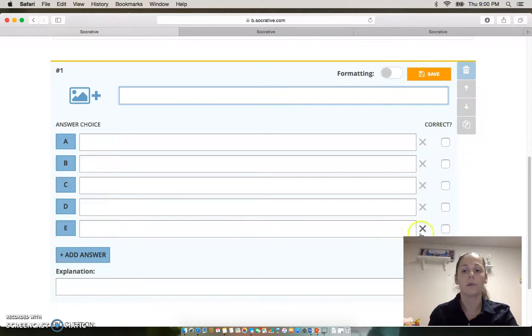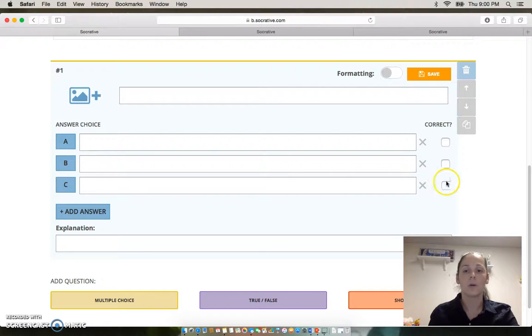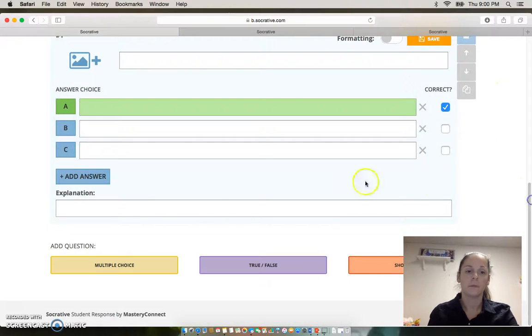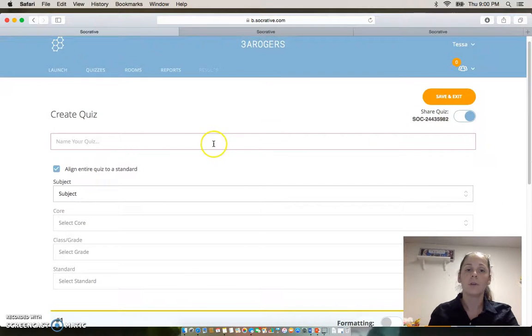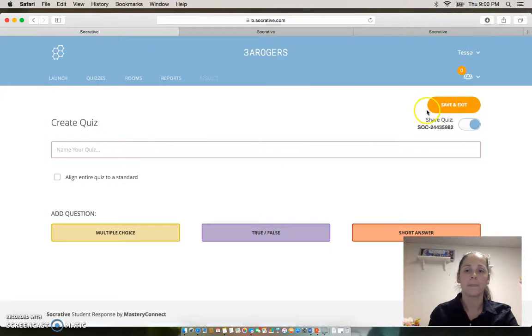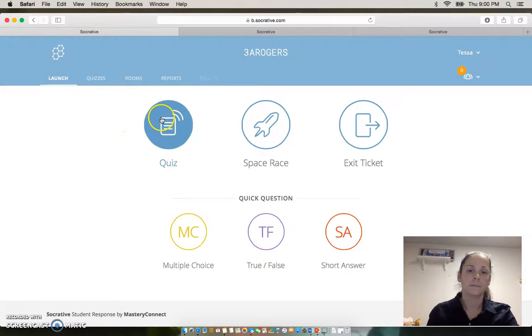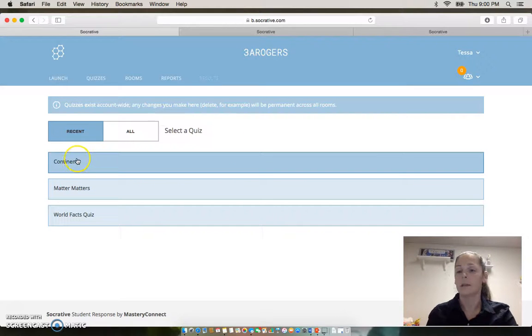You can get rid of letters, and then you would also want to mark what the right answer would be and then save it. You can keep going by adding different kinds of questions, true and false, short answer, and then what you would want to do would be to save the quiz. After you save the quiz, you could go to launch, and you would select a quiz,